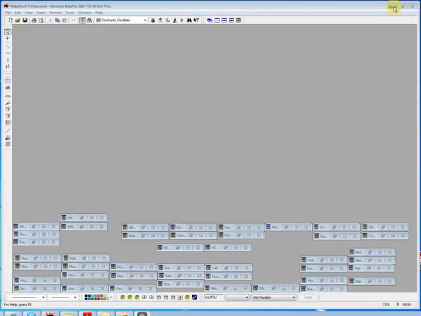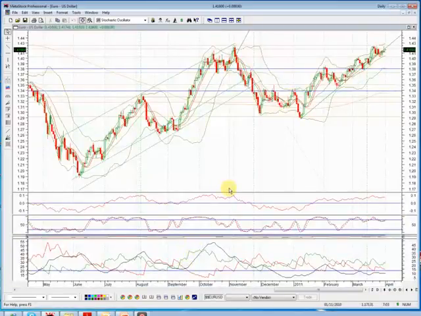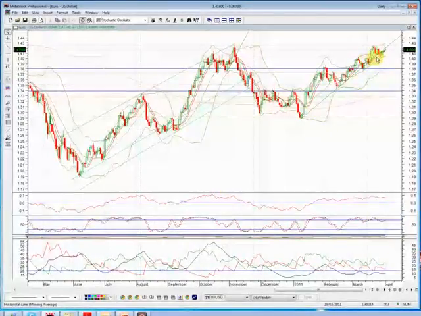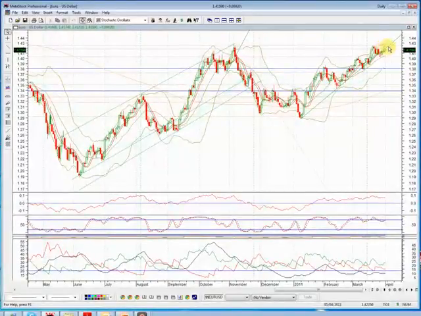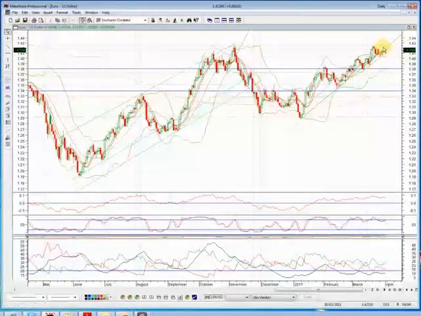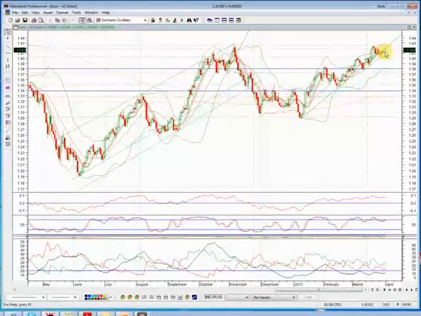So let's now move to MetaStock, and first let's talk about the Euro-US currency pair. Today we moved higher. In other words, Euro gained in value against the US dollar, and we reached the resistance region during the day and traded lower to close the day below the resistance region. Still, there is no decision on the markets.